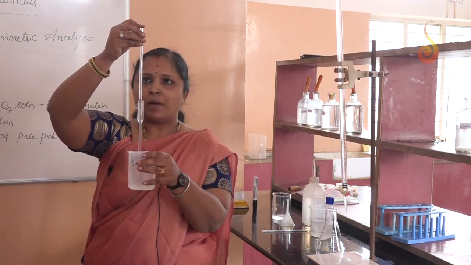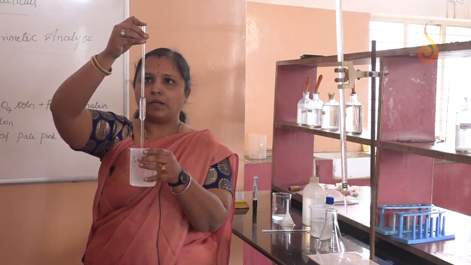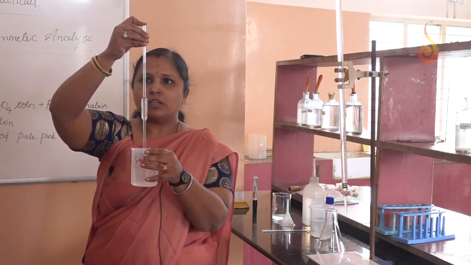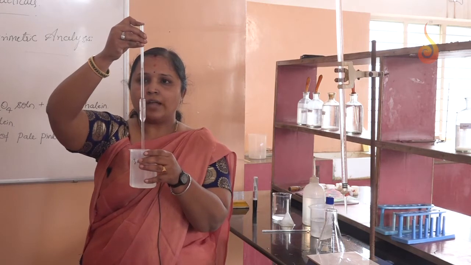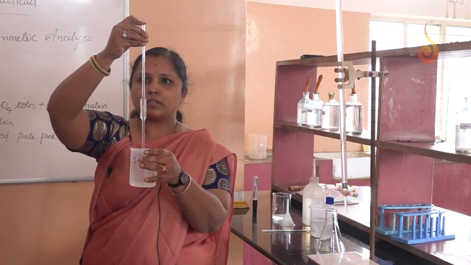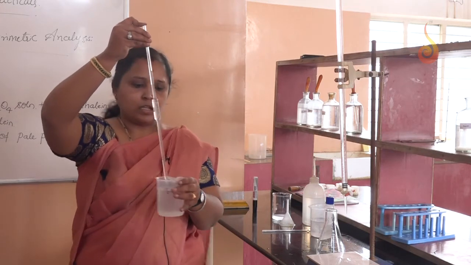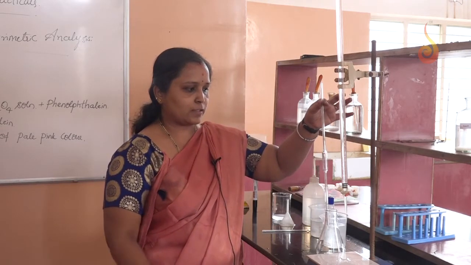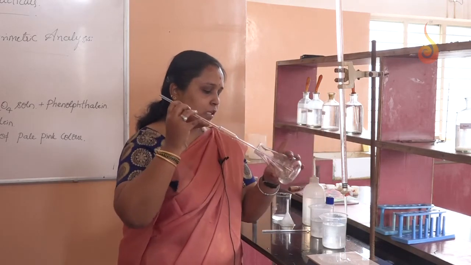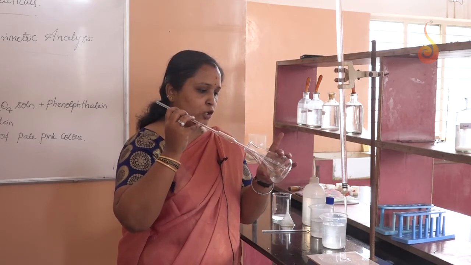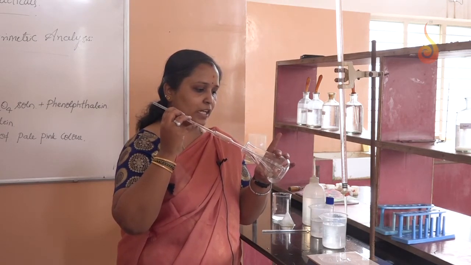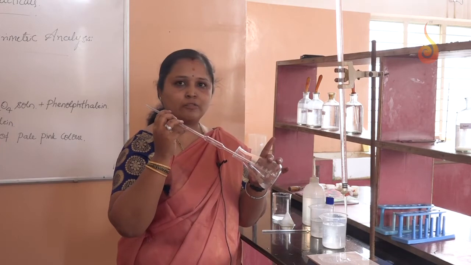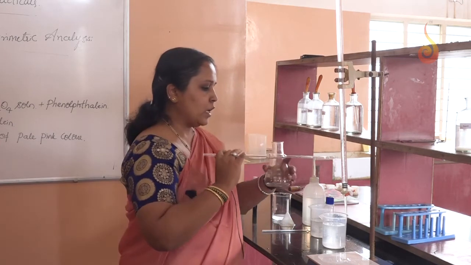Now the solution is over here, marking is over here. Now start adjusting by slightly, slowly rotating the pipette. When I am slowly rotating, what is happening? The solution is coming down. As you are seeing, the solution is coming down, and once it comes on this marking, close it tightly. Then transfer the solution immediately into the conical flask. Afterwards, tap the tip slowly to the bottom of the conical flask 2 or 3 times. Don't tap it so hard that the tip breaks. If the tip is broken, the pipette will not be of any use. So now I have pipetted out.